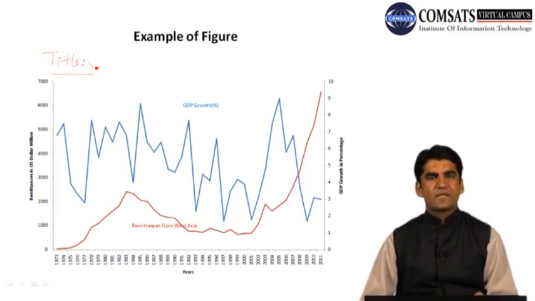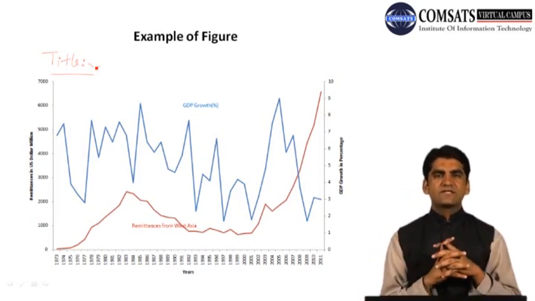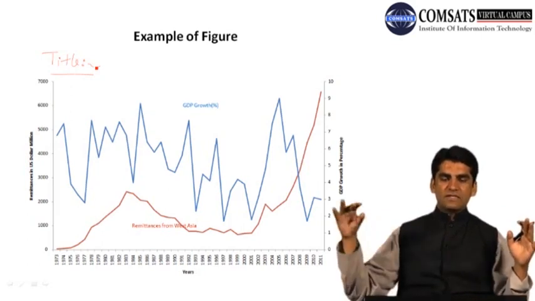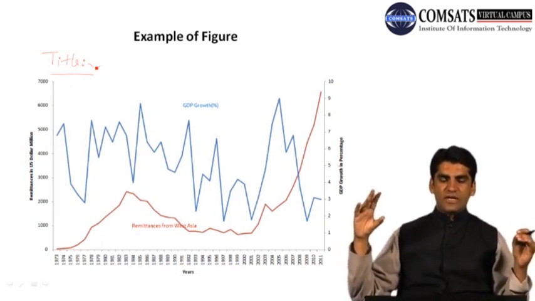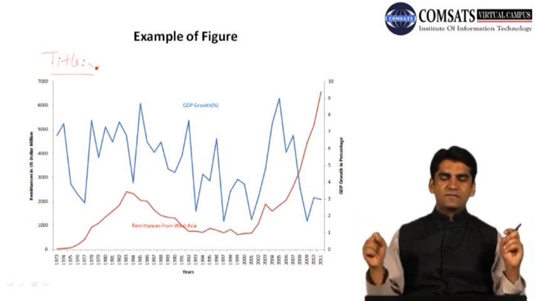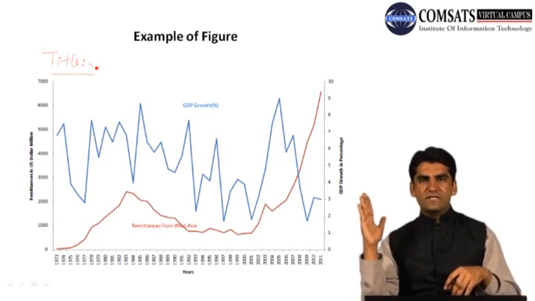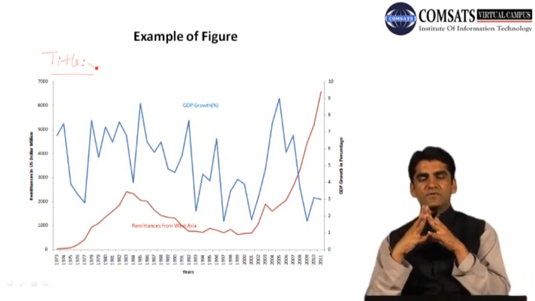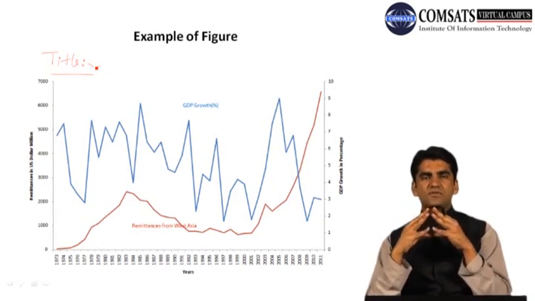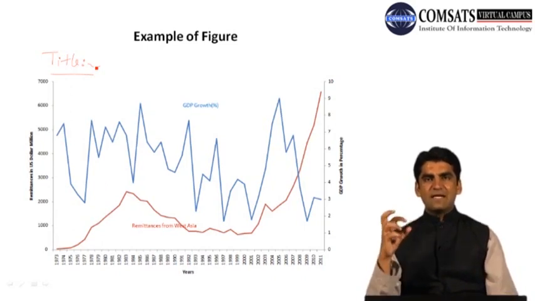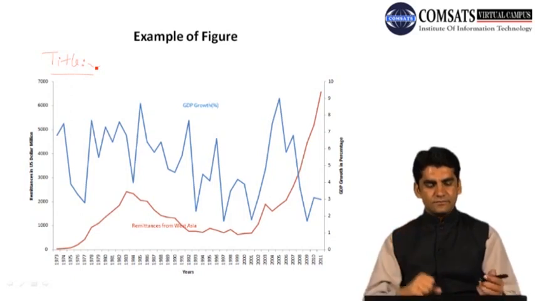to a graph. So what this graph actually explains, on the left hand side we have one variable which is the trend variable of remittances from West Asia in US million dollars. On the right hand side we have GDP in percentage over a period of time. So we want to see how these two are linked. So somehow we have to summarize it into a nice, precise and brief title.